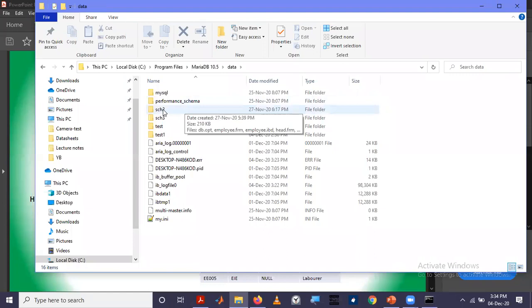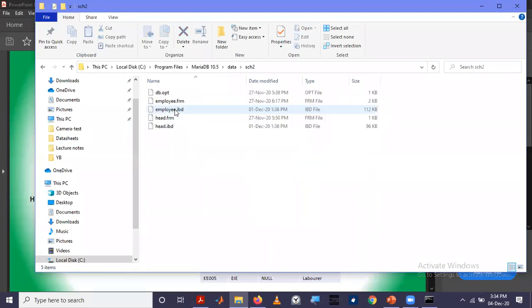We created this schema last week, and if you go to that one, you can see a set of files. So you can see the tables. This is how it is stored.